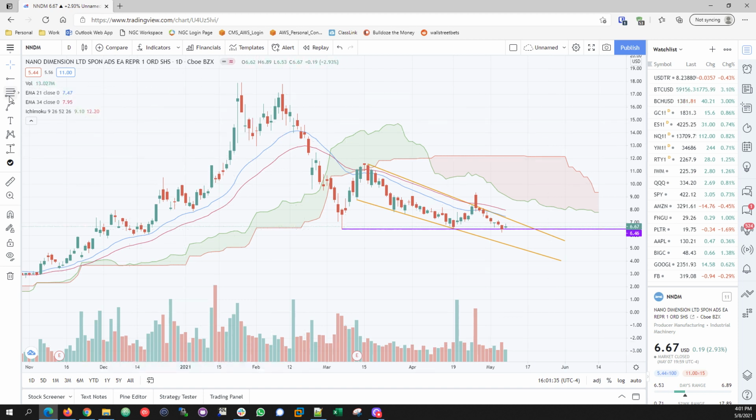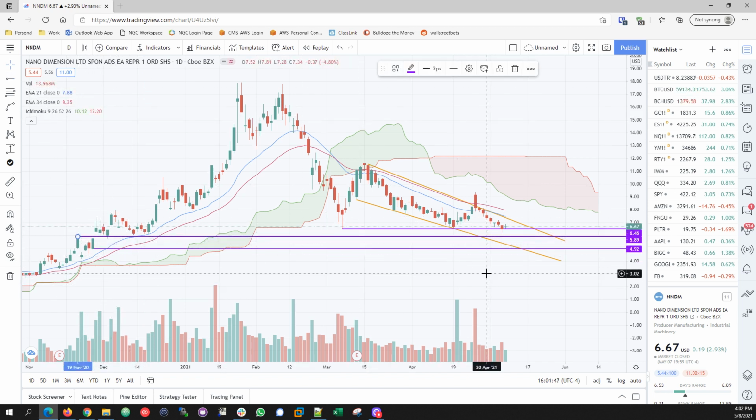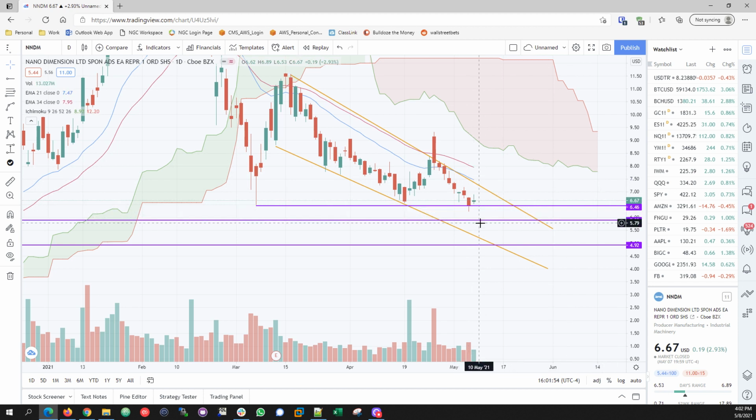I can draw you further support lines. You get a support here, you get a support right here, and right here. These are all your support levels, so you can take a picture of it, but you don't want to wish that it goes down that way. You want to have a bounce from here. We'll see how that works.